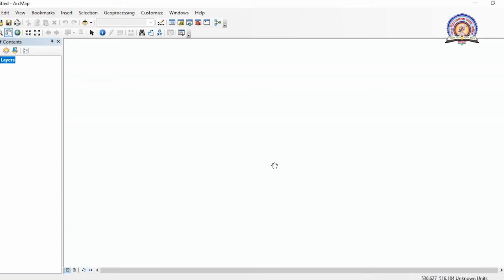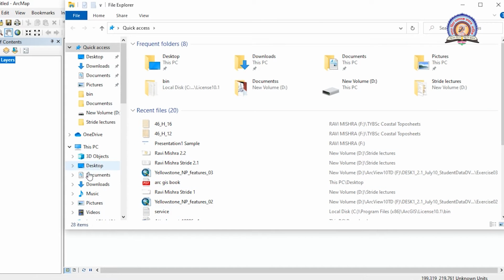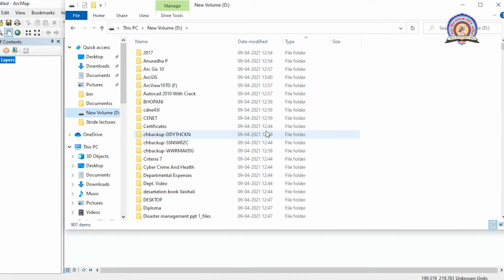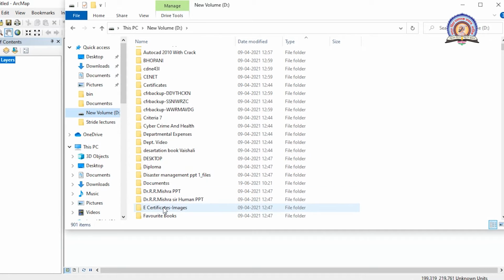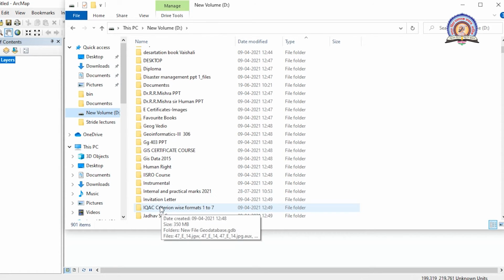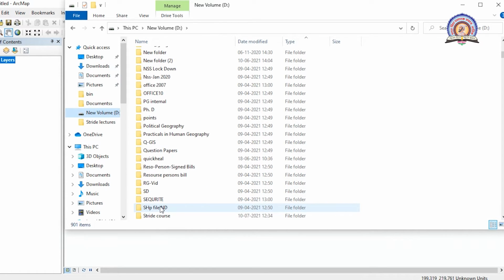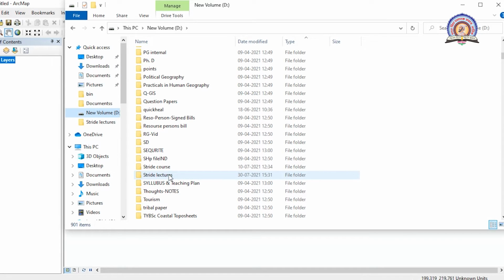The very important aspect is that before creating our own database, first of all we have to create one folder in either of the drives. For example, today I have created a folder in D drive and I have given the name Stride lecture folder.